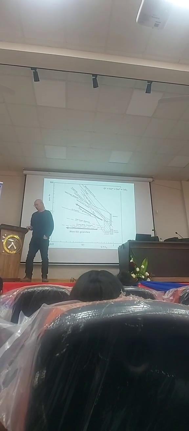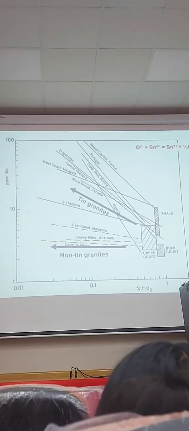Here comes another of my traditional favorites. Actually, this was my first paper in economic geology in 1982. And I collected data from the literature all over the world and looked at the tin values with respect to titanium. Titanium I use as an indicator of fractionation. And then I made correlation lines for all these many samples, and these are the different correlation lines. And I noted that tin granites have a slope like this for tin, because